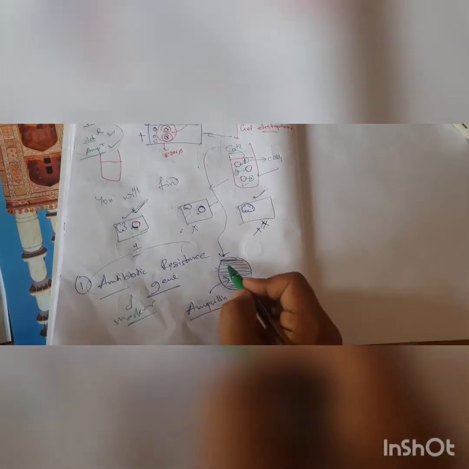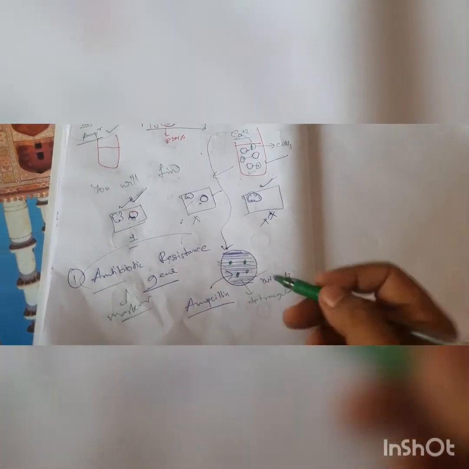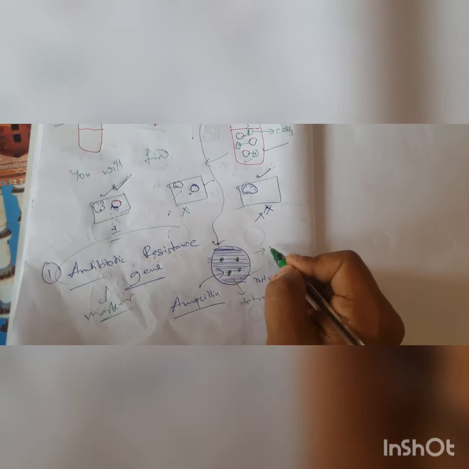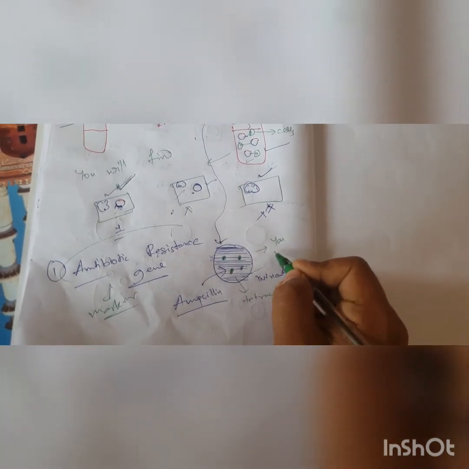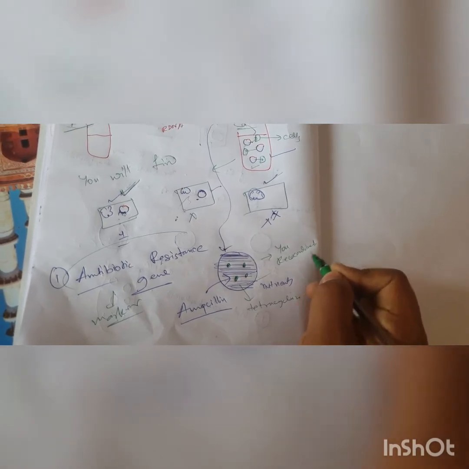Now among these two, which one do you think will grow in the nutrient media? This one will grow or this one will grow? Obviously this one will grow because this has the antibiotic resistance gene. So you already know that the colonies that are growing contain the recombinant DNA. Now you can take them out and use it. You can take them out and use it. So you get your recombinant hosts. I hope you understand this.